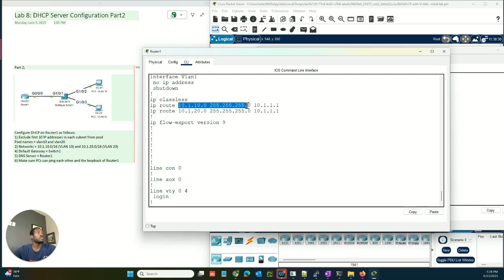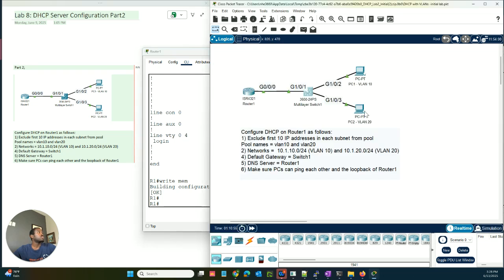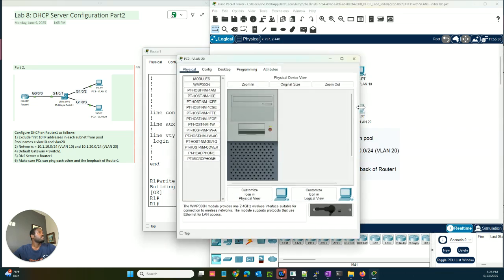So we have VLAN 10 passing through the switch VLAN 1, the default VLAN. VLAN 20, this is the network. So this is the destination passing through the switch, which is VLAN 1. So we save that as well. So now let's go to the